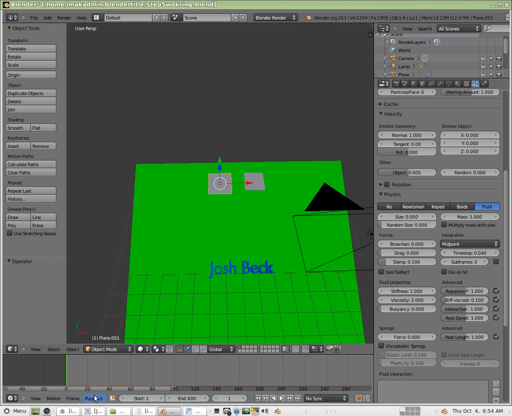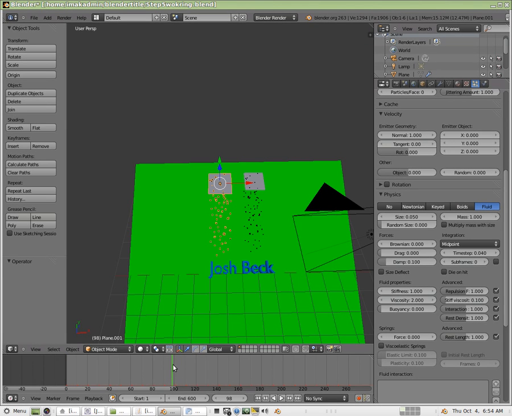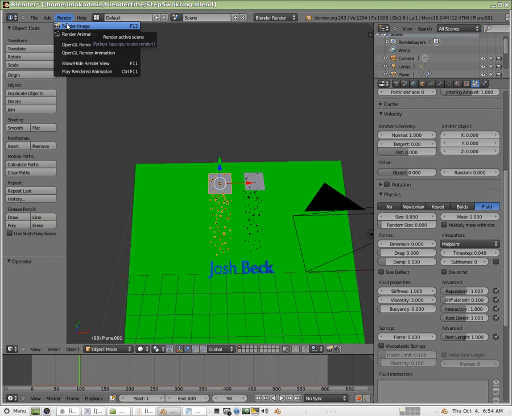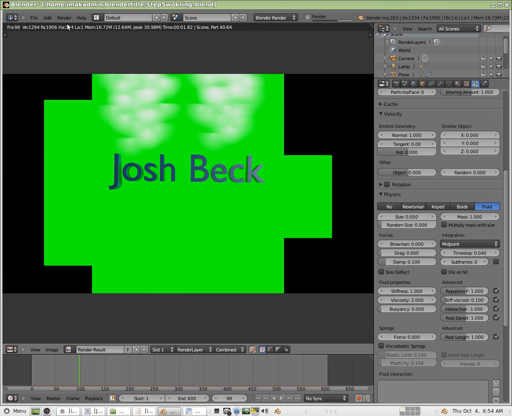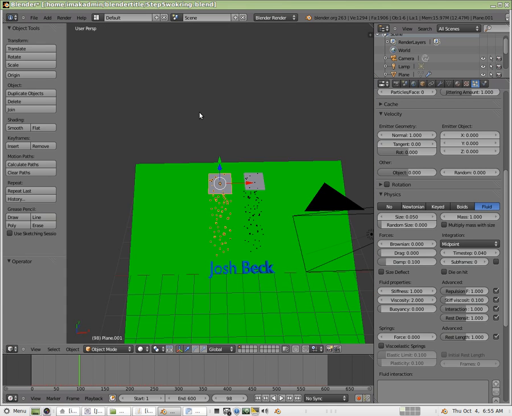Down here at the bottom, we've got our timeline. If I move it out to a spot where it's already been rendered, and I choose Render Image up here at the very top, we can see what that looks like. Right now our particles just take on this white, cloudy sort of disposition. So, all right, what we're going to do is make these planes emit